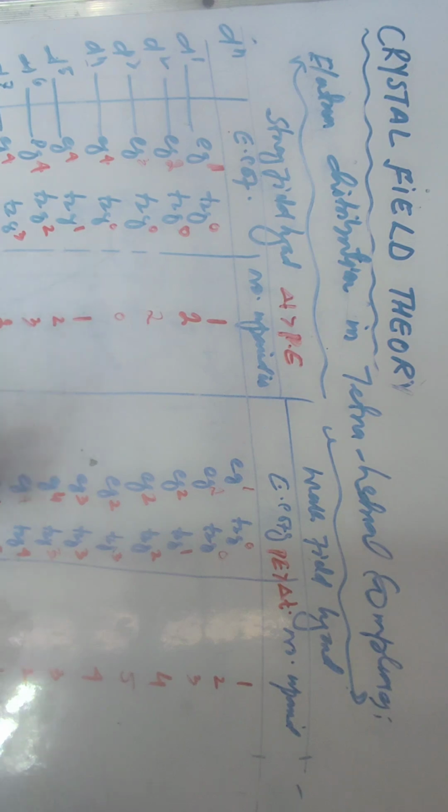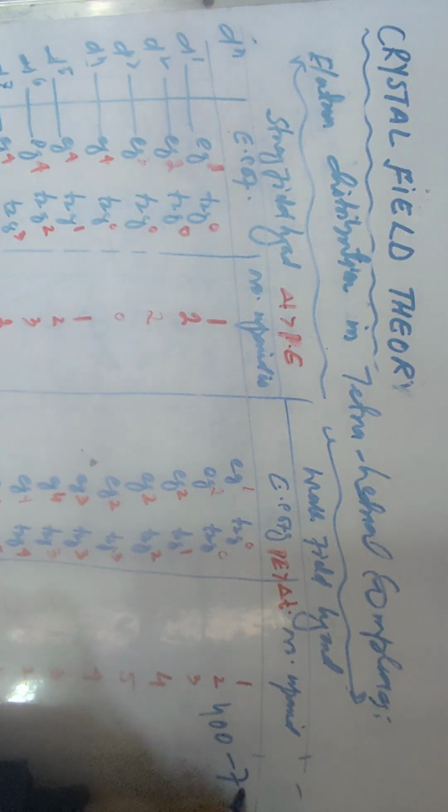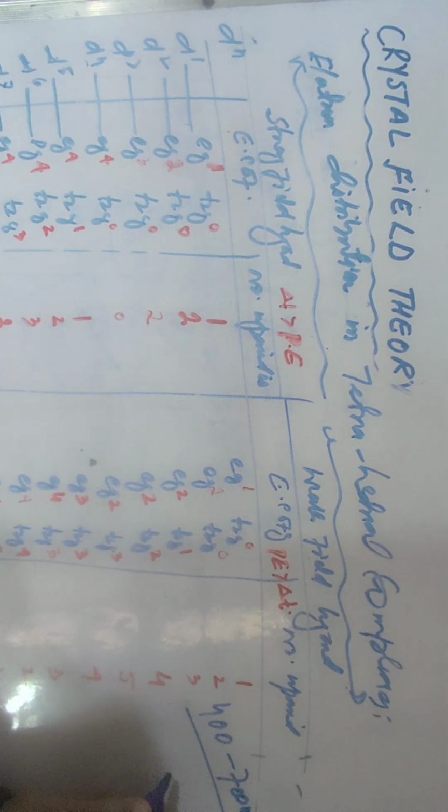लेकिन इसमें एक इम्पॉर्टेंट बात ये है कि कलर कोऑर्डिनेशन कंपाउंड्स में रहता है। कोऑर्डिनेशन कंपाउंड्स में अगर हम कलर देखेंगे, तो एक्चुअली ये लाइट ऑफ सर्टन वेवलेंथ एब्जॉर्ब करता है, विजिबल रीजन में। और वो विजिबल रीजन है 400 to 700 नैनोमीटर्स। इस विजिबल रीजन में ये इलेक्ट्रोमैग्नेटिक रेडिएशंस एब्जॉर्ब करता है।